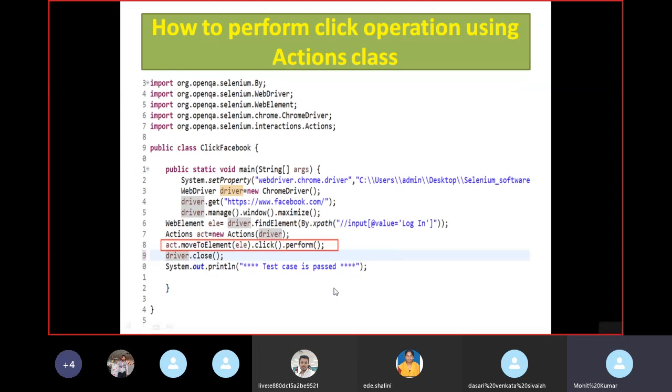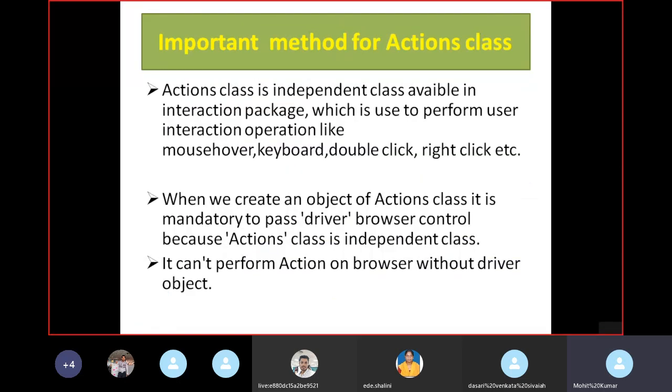So this is how to perform click. I have given the complete documentation, important methods for the Action class. Because if you go to an interview, they will ask what is the Action class? What is your answer? So better to make one proper set of notes. If you have your interview tomorrow, just see it one more time and you can take your interview yourself. I will tell you how to take the interview yourself.